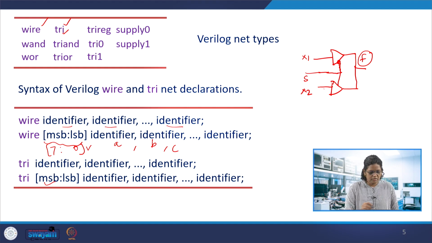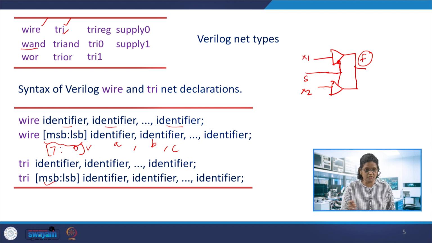Also, if you say wire AND, again it is a wire AND configuration of the basic signals that are declared as wires. Suppose in a circuit, for example in the previous case, A, B, C, C, we said that is wire AND. So this wire can be of multiple wires connecting the elements, so those elements forming AND logic.